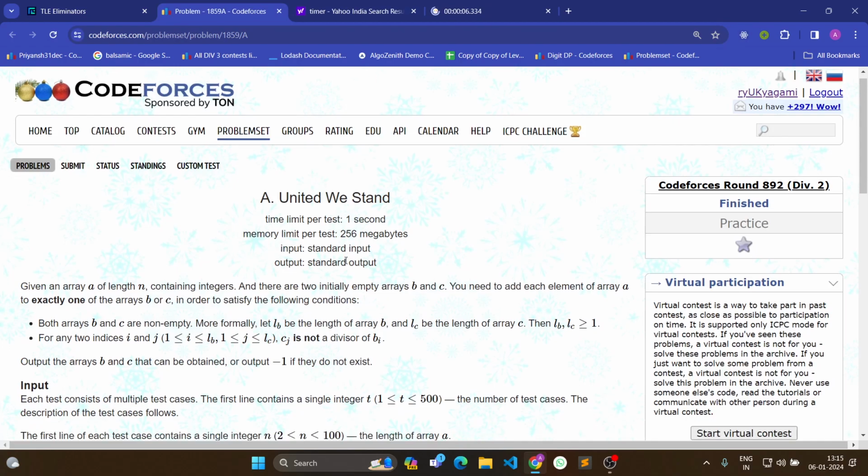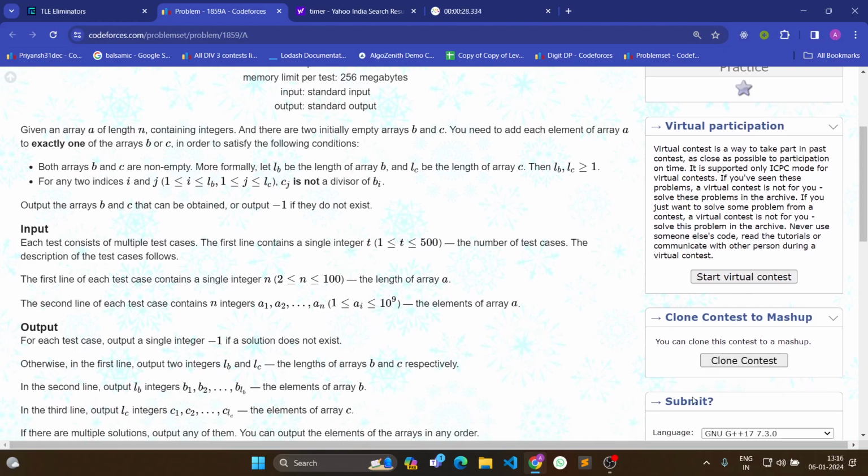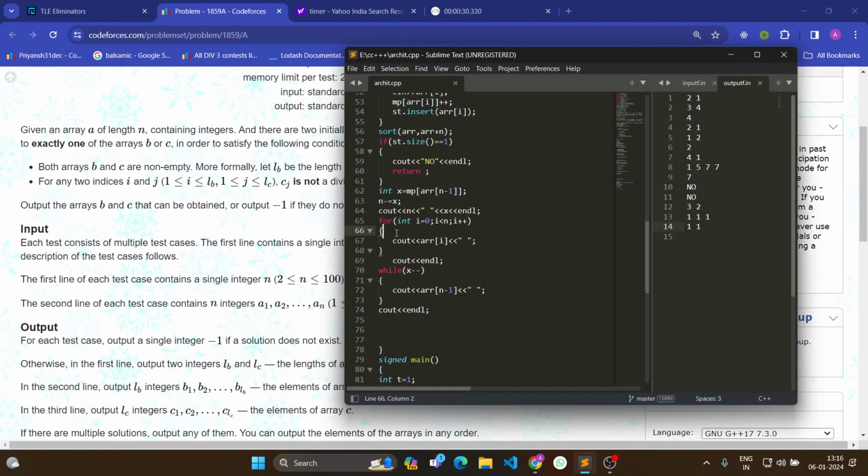Okay. So I'm given an array of length n containing integers and two arrays, empty initially, b and c. You need to add each element of a to exactly one of b or c in order to satisfy the following conditions. Both arrays b and c are not empty. More formally, length of b and length of c is greater than or equal to 1. And for any two indices,